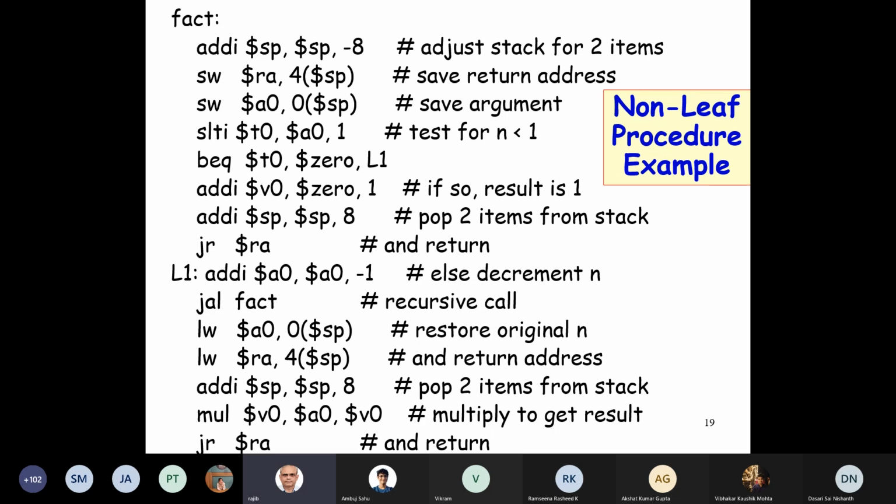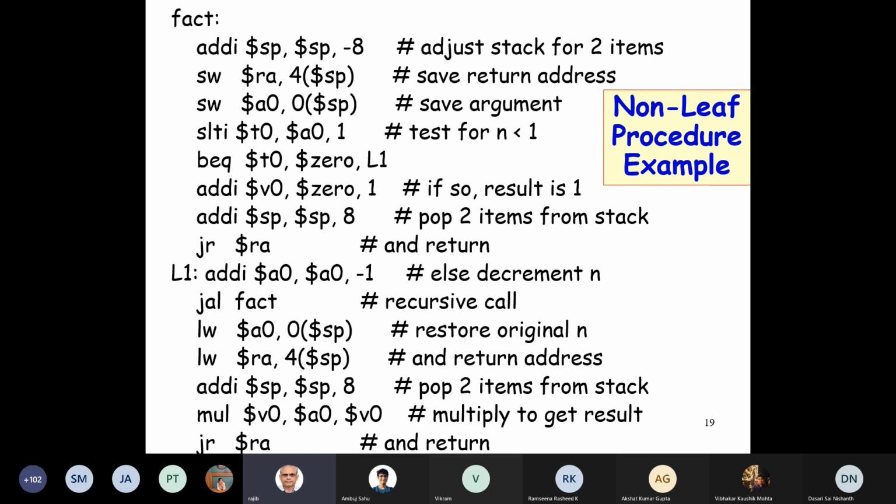So jump and link fact, and then inside, as usual, we will store these A0 and RA, and then we will pop the two elements from the stack. So we'll restore the original n and return address, and then we just do this multiplication, and then we'll jump return. So that is it.